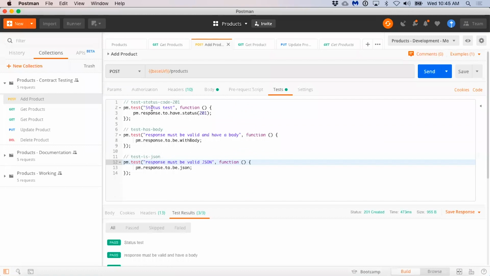You can also store things in environments based upon the responses, either at the collection level, the folder level, or each individual request. I tend to store things within the environment from a governance perspective. So in addition to the test running and these results, I store the individual results as part of an environment.